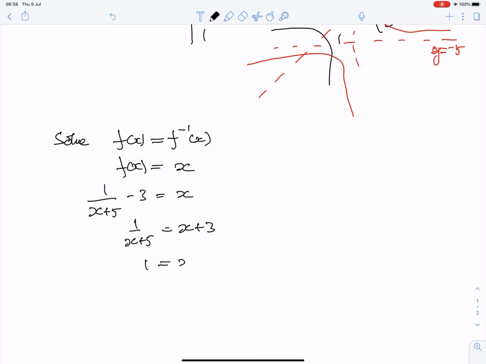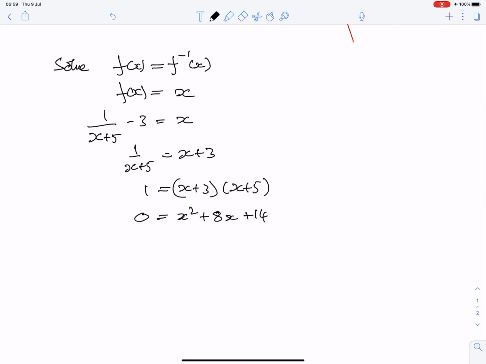Expand, 1 equals x plus 3 times x plus 5. So 0 equals x squared plus 8x plus 14. And you could tap that in the calculator to get your values for x,